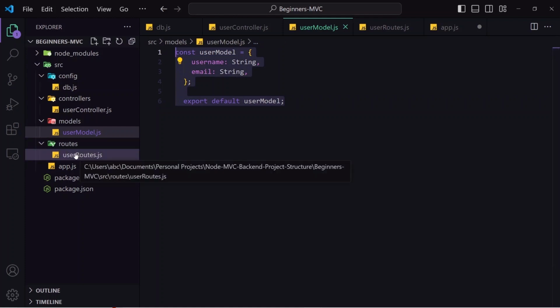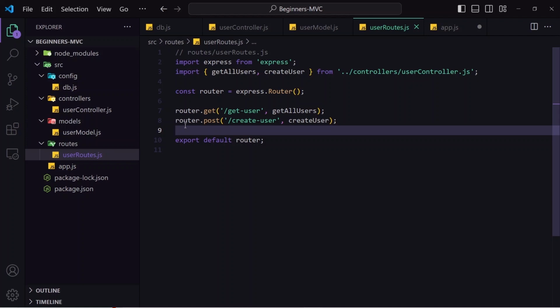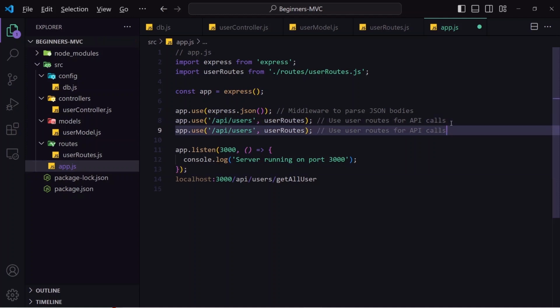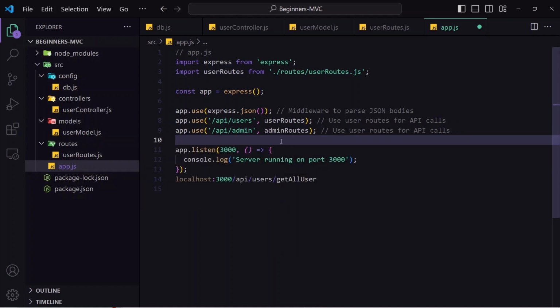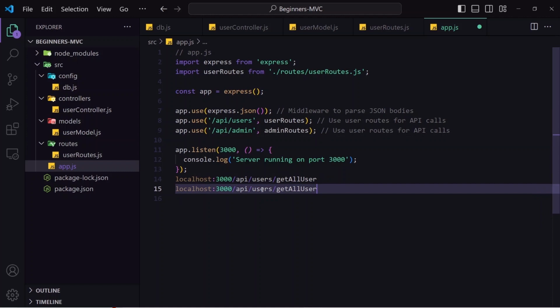And then in route, I will create another route folder which will be named as admin route. In that I will create one API, give the particular method and name. Then in app.js, I will come here, copy this, and instead of this user, I will write admin, and here I will pass the admin route. So now if we have to access the admin API, we can access through localhost 3000 API/admin/delete user.